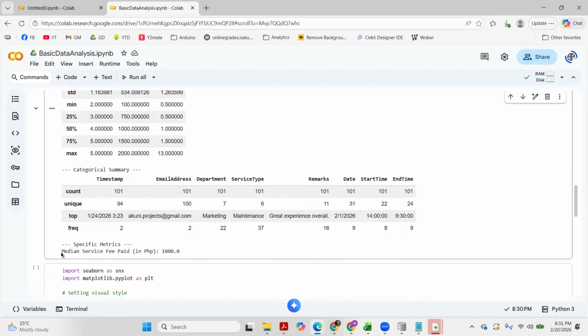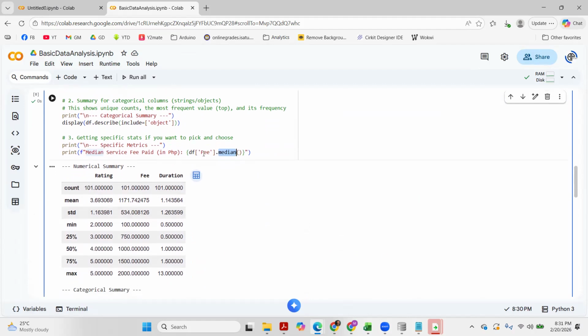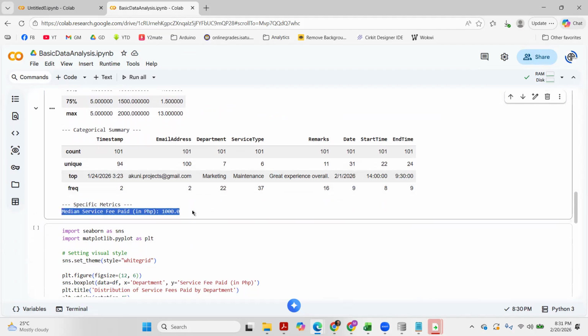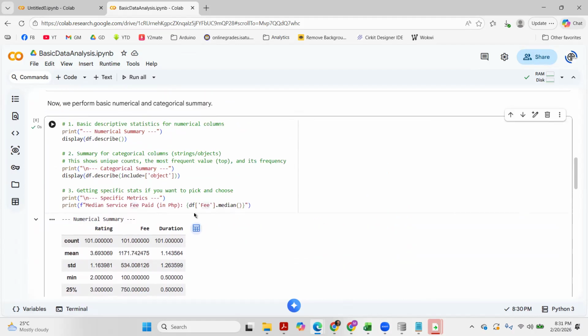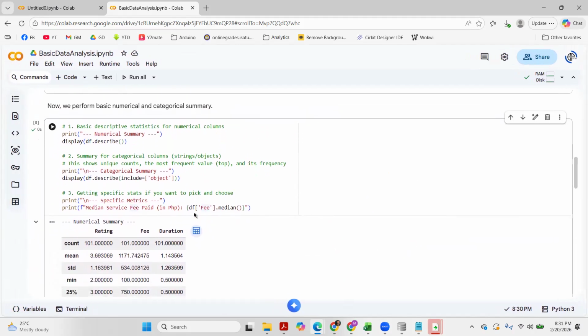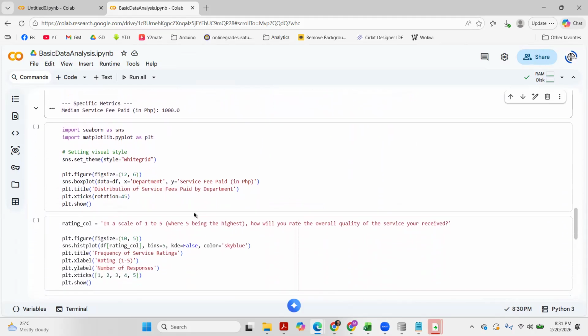Here we specifically defined in our code that we want the median of our fee column. We can specify specific metrics that we want. In this case, the median is 1,000, according to our analysis using Python with the help of the Pandas library. So that's for the summary part.